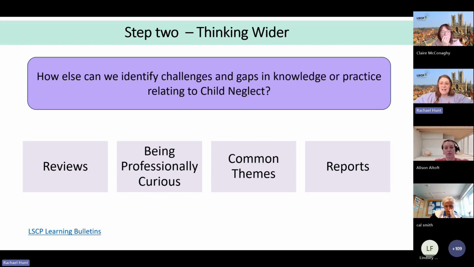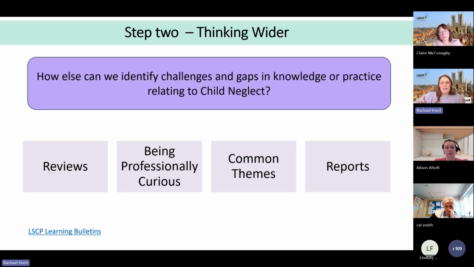It just shows that there is a need for this approach and for us to be supporting people with understanding such a complex topic. So we would obviously say, look at the reviews, have the conversations around that, explore the recommendations and think about, is that relevant for your team? Is there a way that you can implement that learning?